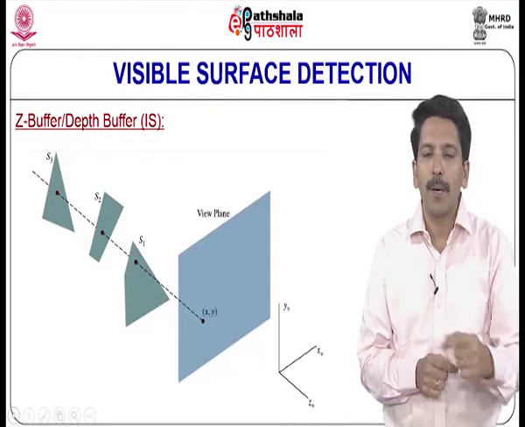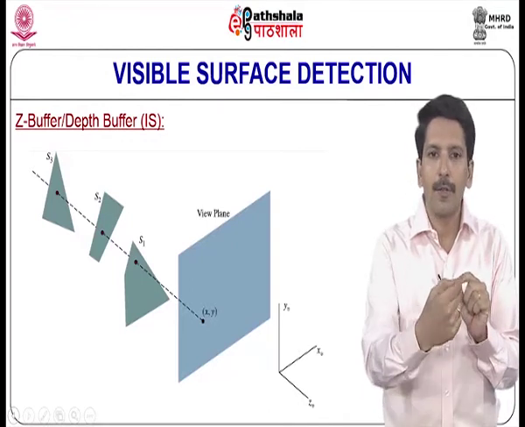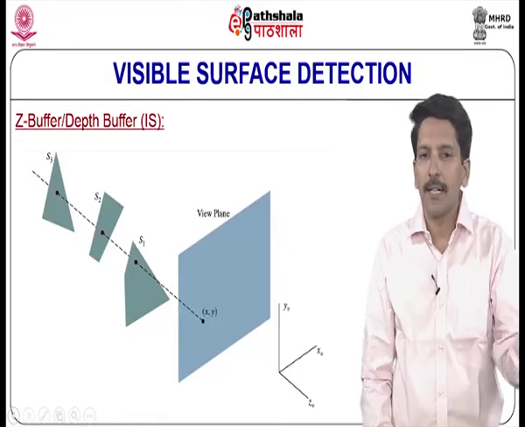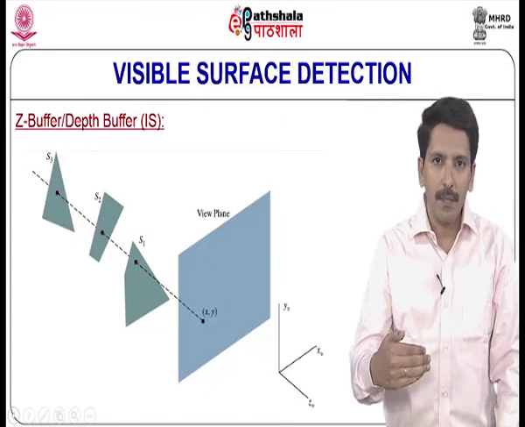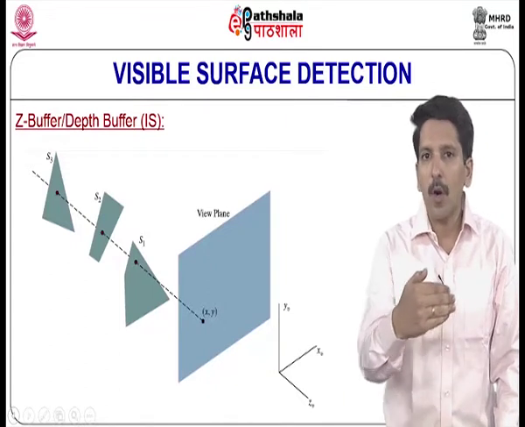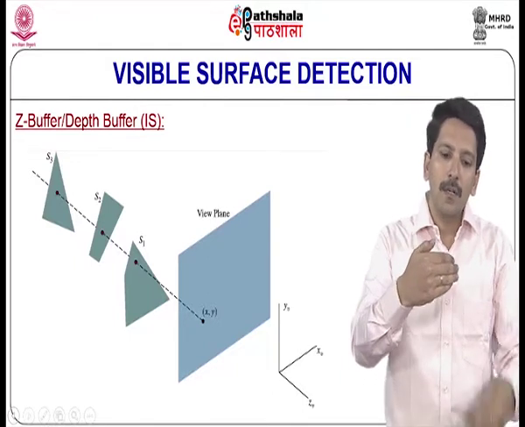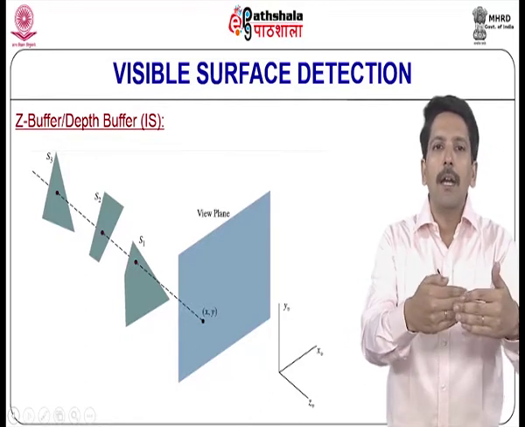The direction is perpendicular to the view plane. So, imagine a view plane and the direction is perpendicular to the view plane. S1, S2, S3 and Sn can be n number of surfaces, and you can order them as per depths. The important point is you can order them as per depths. One surface may be obscuring the other, but initially you first order, and later what do we do